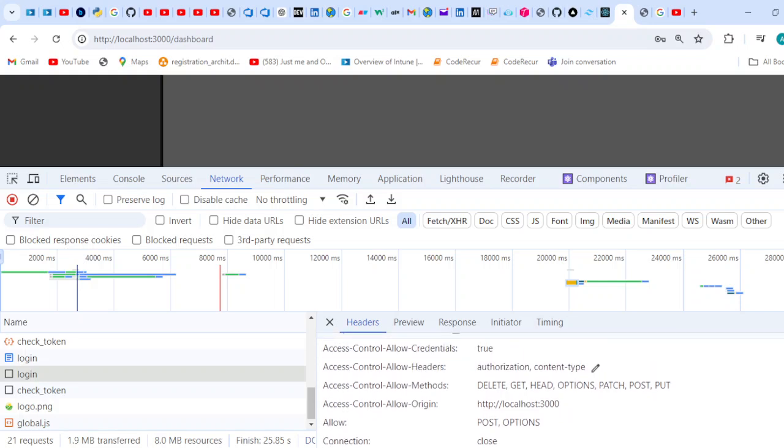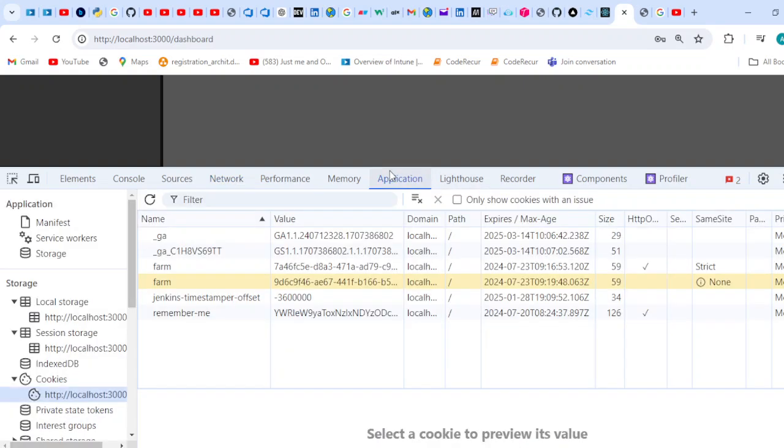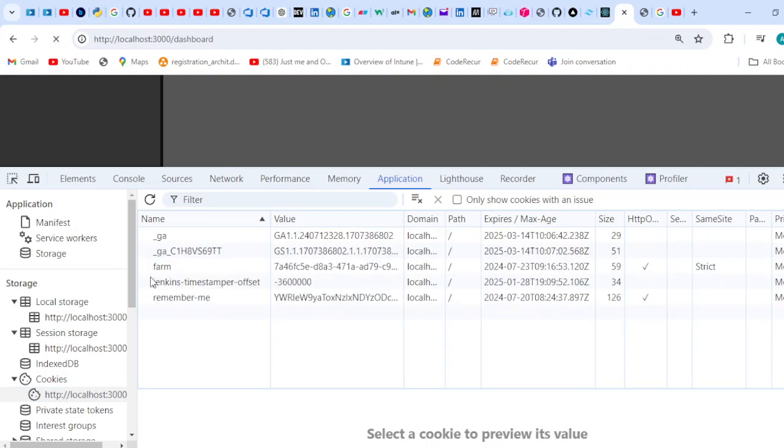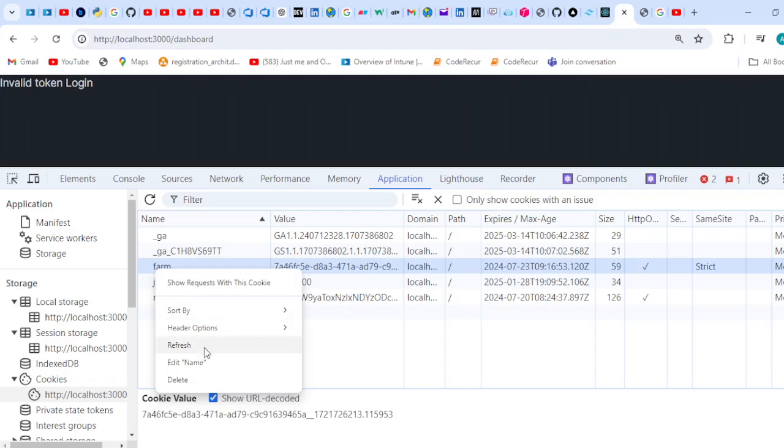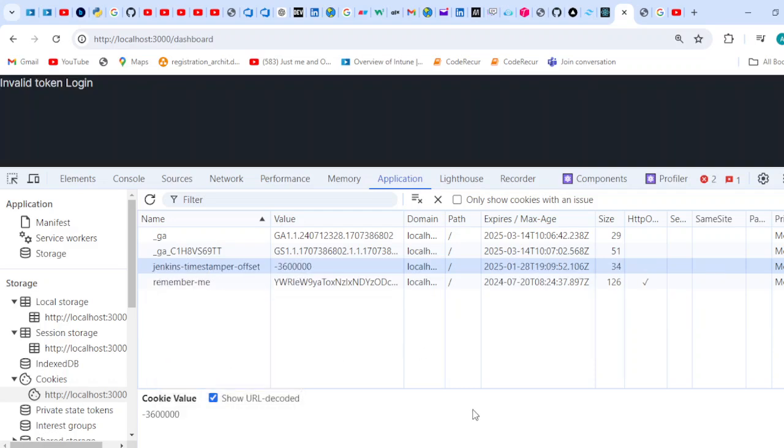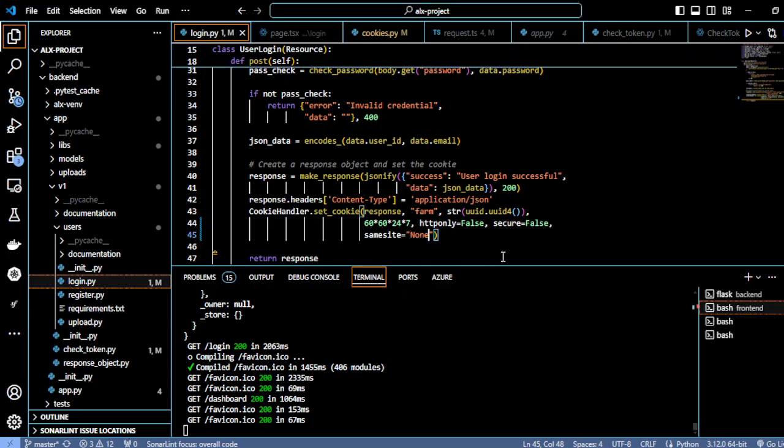Let us see what we can play around with again. So let us go to this application and reload the page and see what will happen to this cookie. So it has been removed. Why is this one not? So now let us delete this one as well and go back to the backend, and let us say this